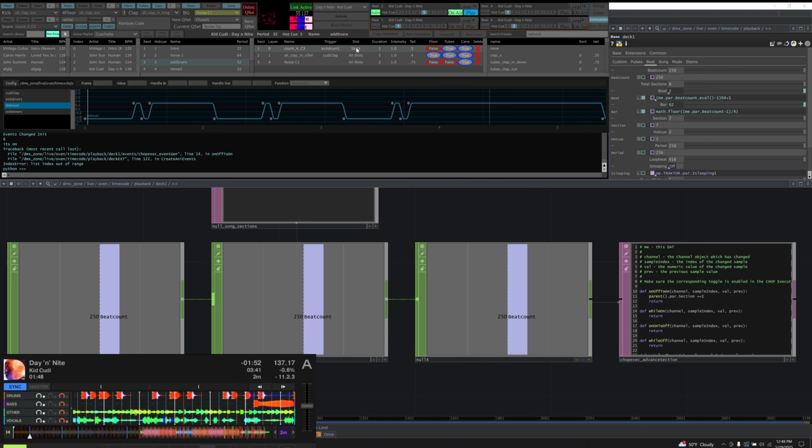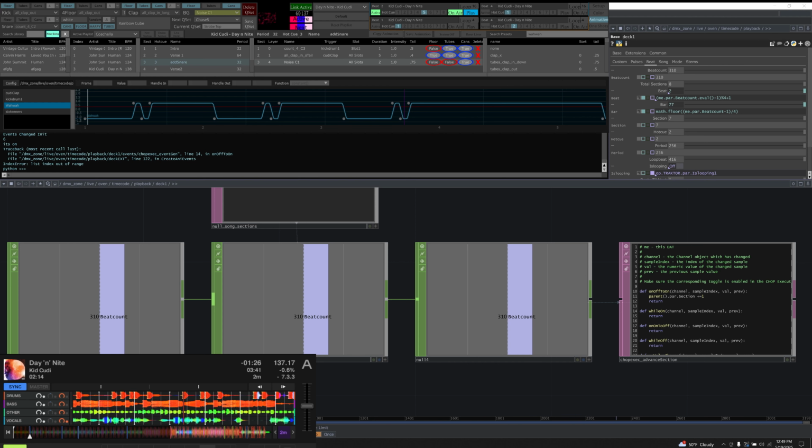Then our slot is associated to a stem, so we can turn off a stem in Traktor and then the beats don't happen. The duration is how long each event lasts. Our intensity is a float from 0 to 1, and the tail is how long the pulse of light is relative to 1 unit. So if you have a tail of 0.25, then 1/4 of the lights will be on at a time.